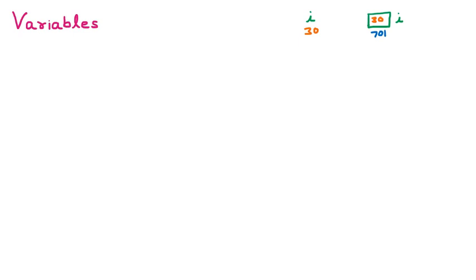So we can say that this 30 is nothing but the value of the variable. This is the value which is stored inside the variable. And what is the name of the variable? The name of the variable is I. And where is that variable stored, meaning which memory is it taking? This 701 is the address of memory. So we can say that this is the memory address.